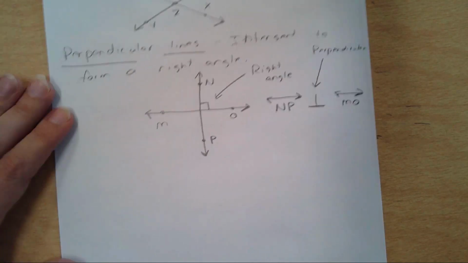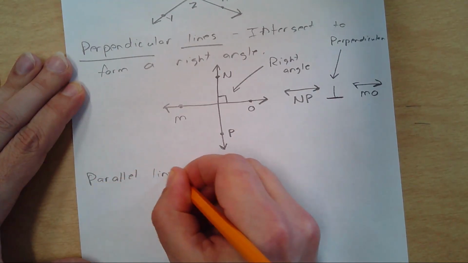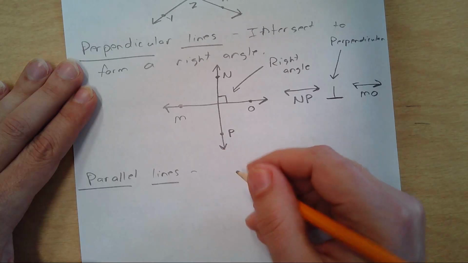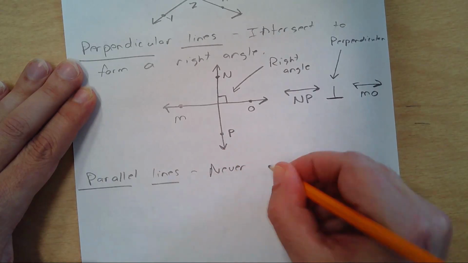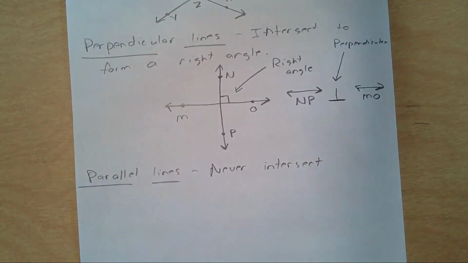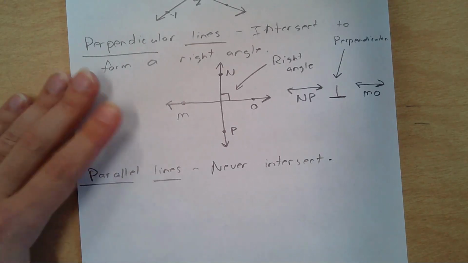Last term. Parallel lines. Parallel lines never intersect. That's really all there is to it. So, again, if I had a ruler, I'm sure I could make it as precise as possible, but we'll just say for all purposes here,